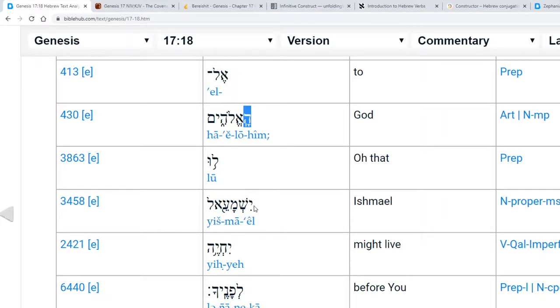Ishmael is obviously Ishmael's name. Yichyeh. So the root here is chet yud hey, I would say, to live, right? Or chet vav hey, chet yud hey, to live. Yichyeh is in the imperfect. Lefanecha, before you. Prepositional lamed, panim means face, lefanecha, before you, to your face, in front of you, right? So he's praying for Ishmael, and that